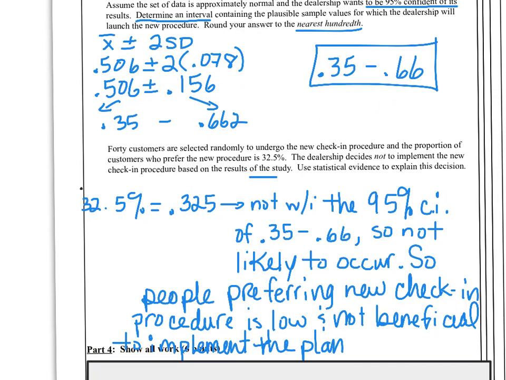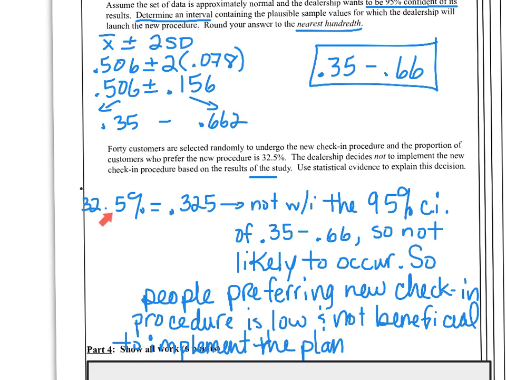interval. For the second part here, you have to read through it, but it does say that the proportion of customers who prefer the new procedure is 32.5%. And they want to know, the dealership decides not to implement the new check-in procedure based on those results and use statistical evidence to explain this decision. So